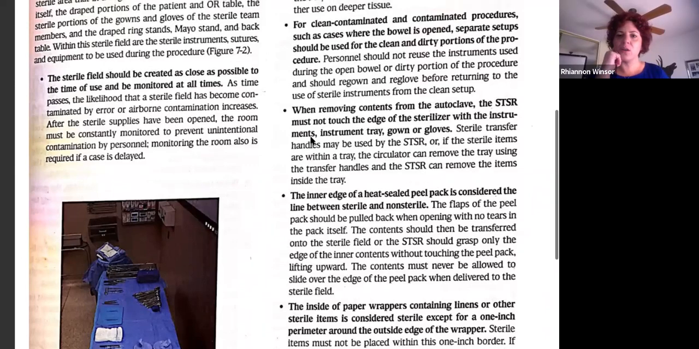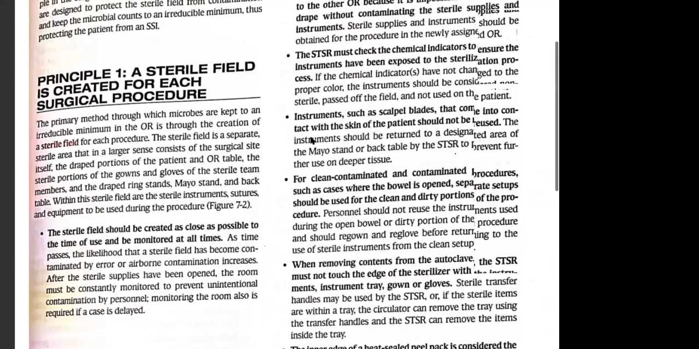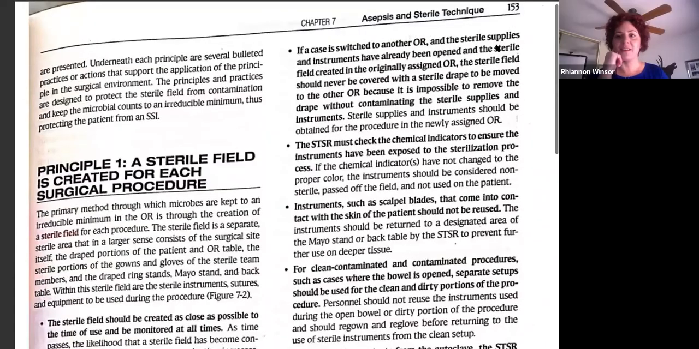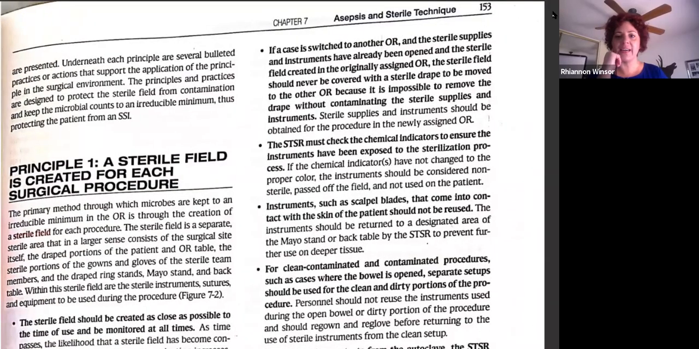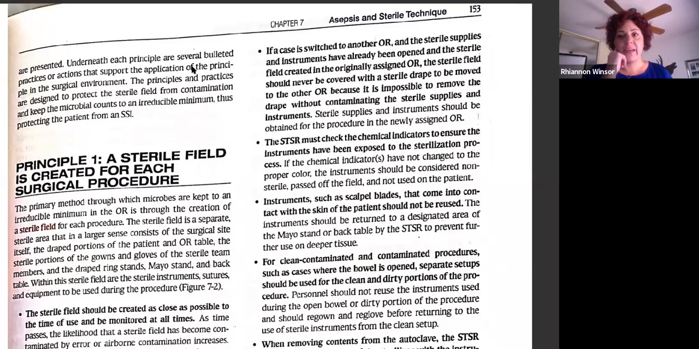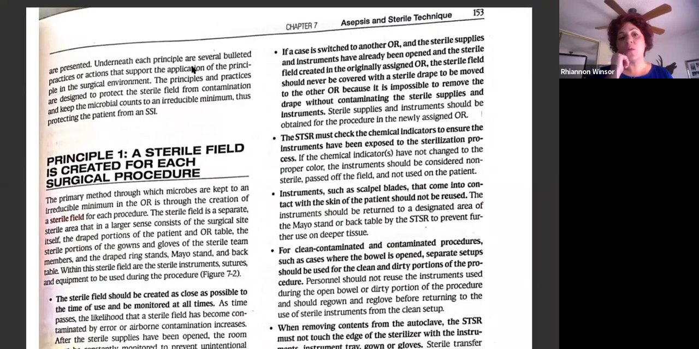Depending on how much time. You are so good, because look at what the next one says. I think it's the next one. Look right here. The sterile field should never be covered with a sterile drape. This is talking about moving it. But the reason why we don't want to cover it is because it's almost impossible to get that cover off